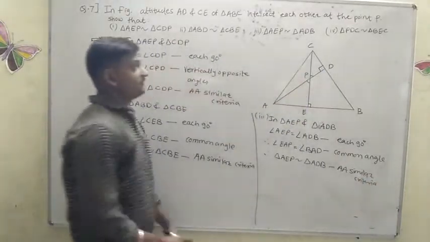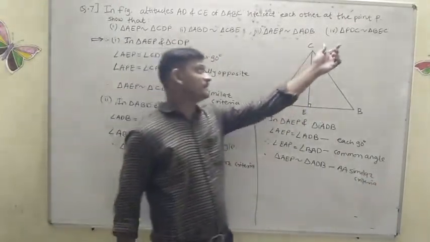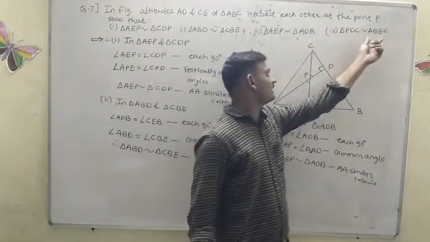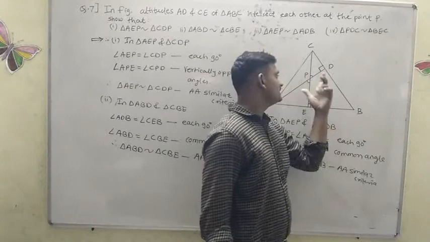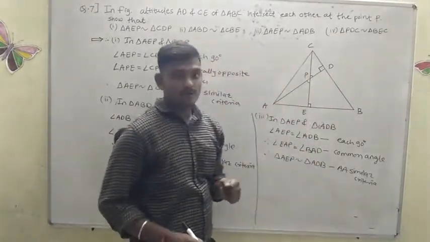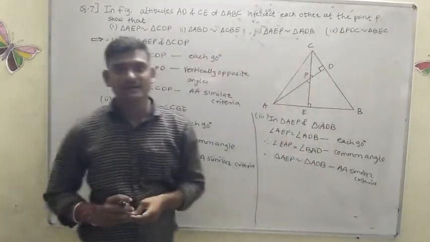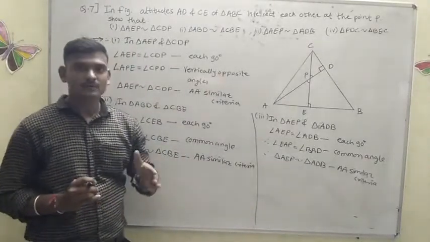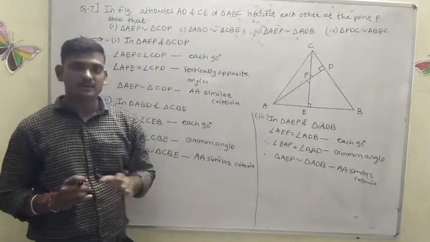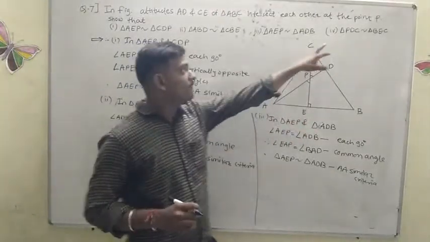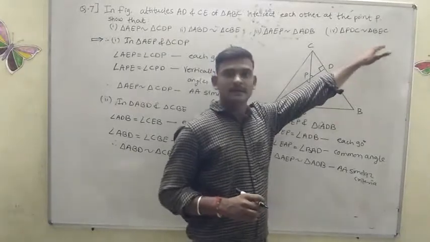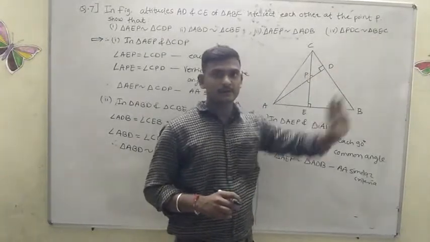Now, what is the fourth proof here? The fourth proof is triangle PDC and triangle BEC. Prove this as homework, and again I will give 2 to 3 questions for homework in the PDF. You have to solve those 2 to 3 questions as homework, and the fourth question, that triangle PDC is similar to triangle BEC, is also homework. You have to do it.